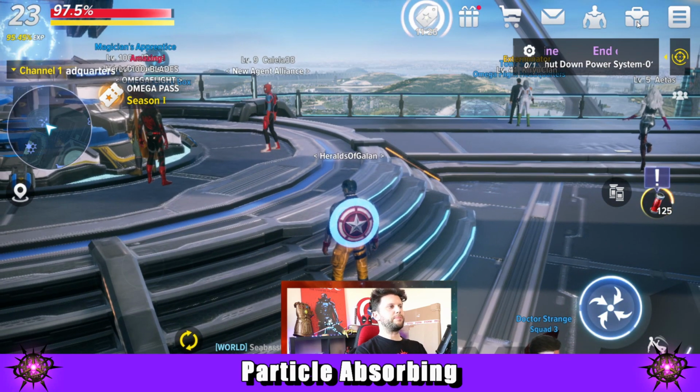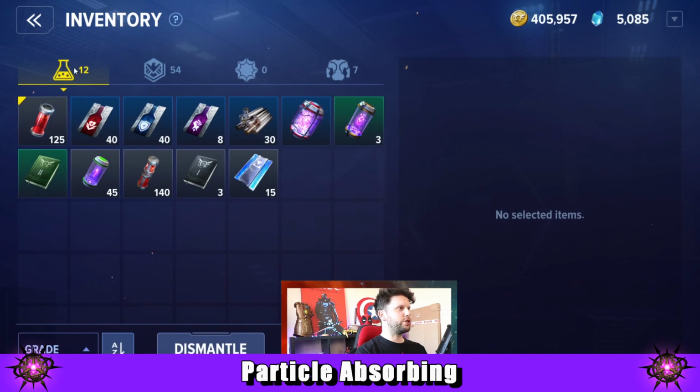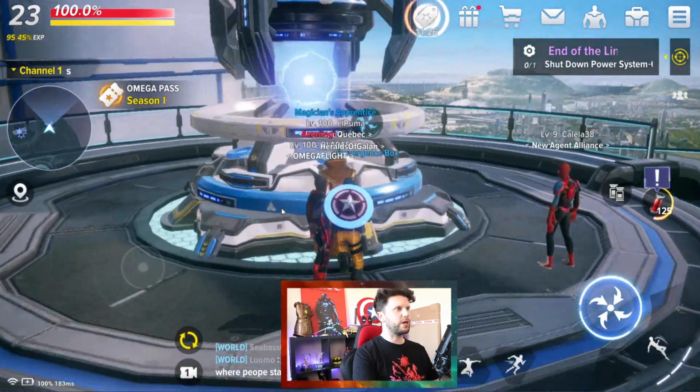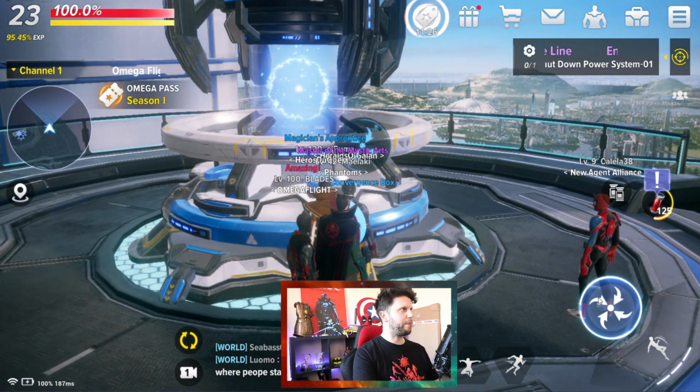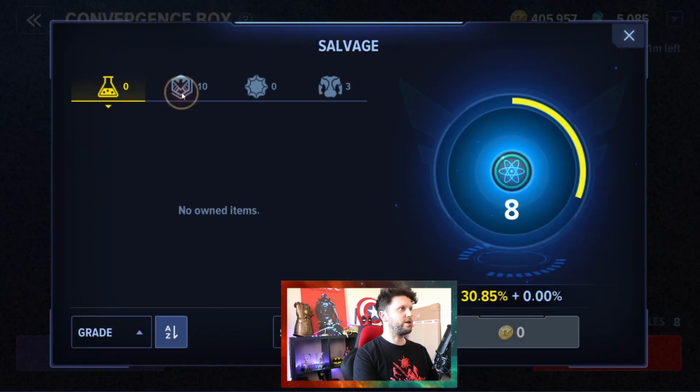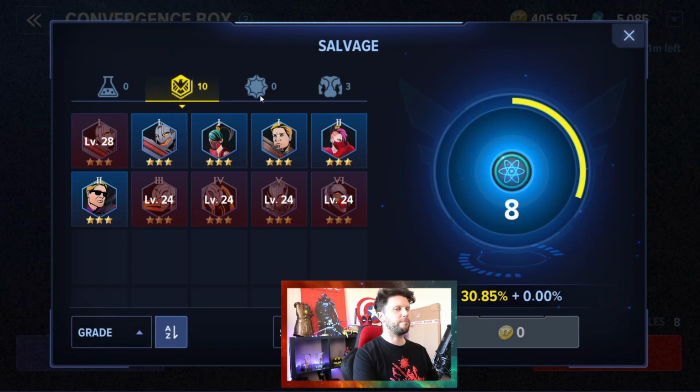Now, particle absorption. Basically, as you go through to different areas, you'll pick up certain types of materials, and those materials you can go to here, the particle absorption machine, which is the convergence box. Sorry, I should give you a more technical name. And you're able to extract things and create synchronized particles. So you go to extract. You can extract various things,